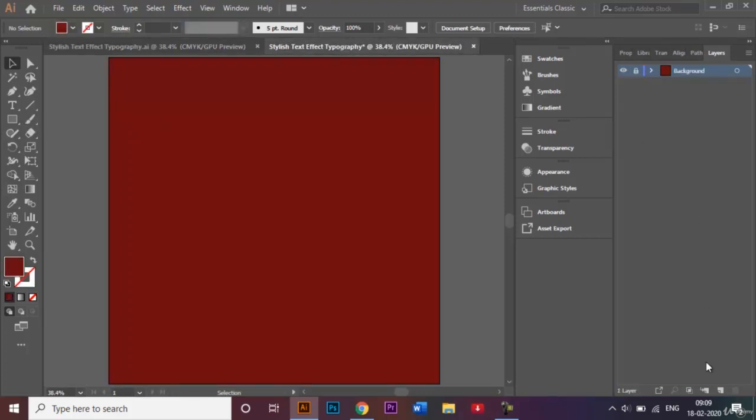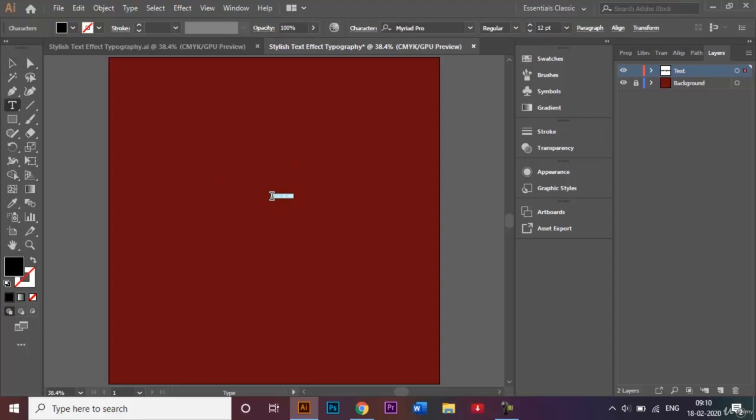Now we'll go ahead and create a new layer, and in this layer 2 over here we'll double click on this and rename this to text. Go over here to our type tool and click on the document once, and we are free to type out any word we want. It can be anything. So let's type out a short word. Let's type out love,